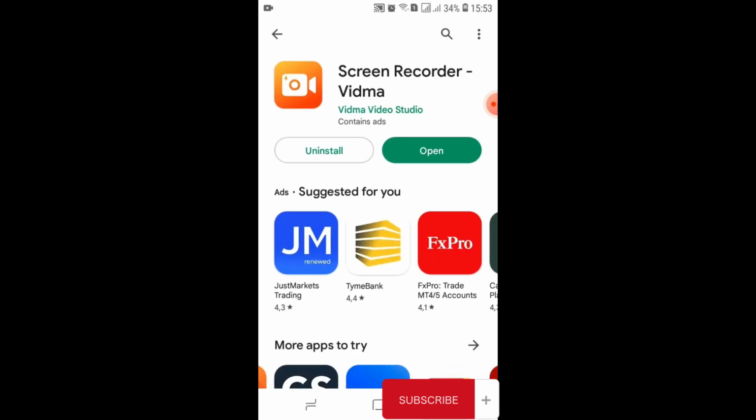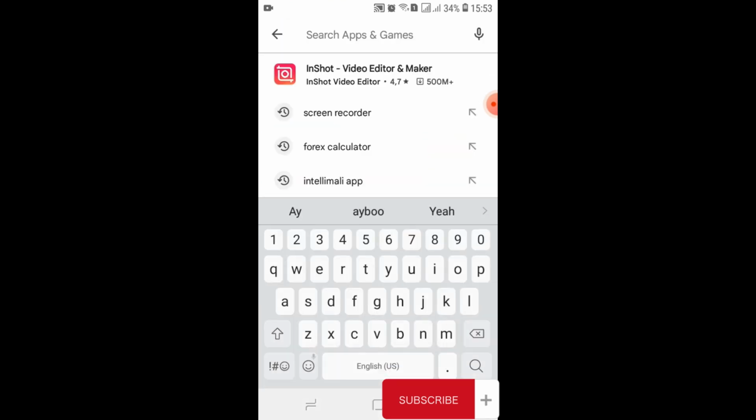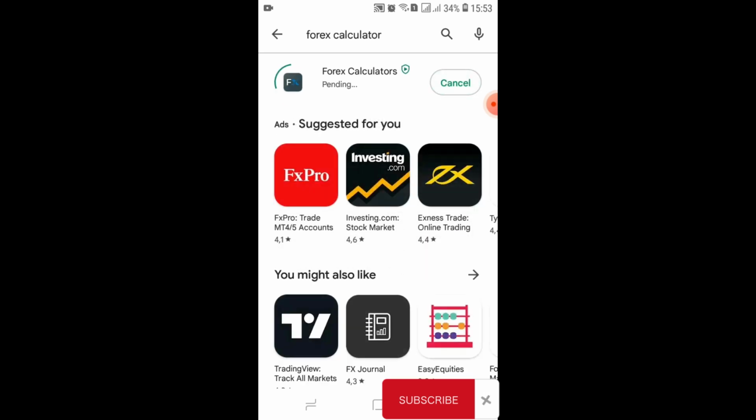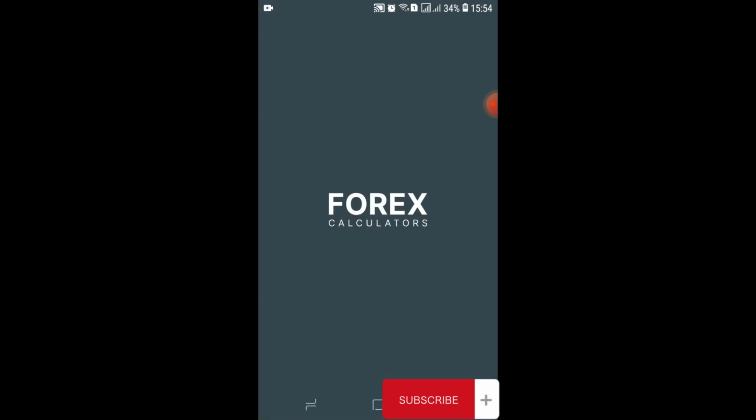So you go to your Play Store or your App Store, and the first app we need is Forex Calculators. So this is the one. You just search Forex Calculators, type in the name, and download the app. You're going to use this one for calculating a proper lot size for the account that you have, based on your account size, your leverage, and the type of pair that you're going to be trading. Okay, now that it's downloaded, let's go over